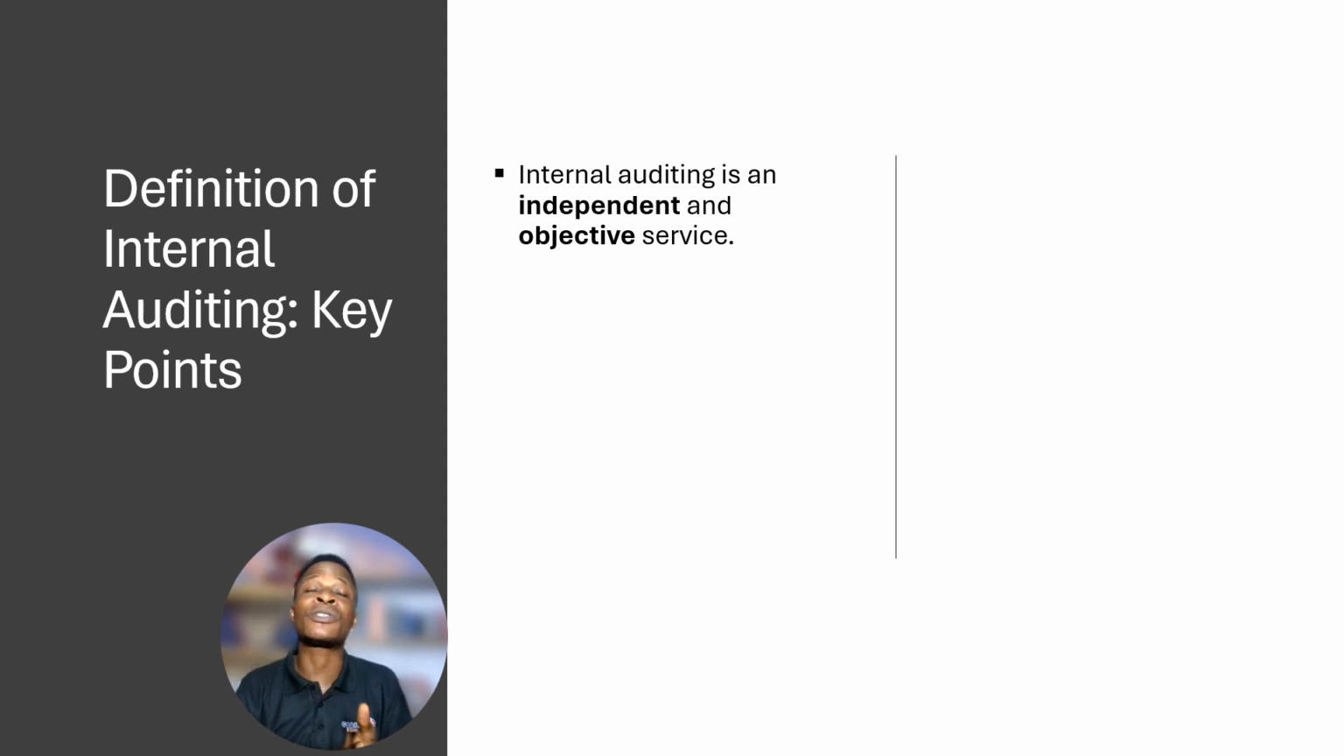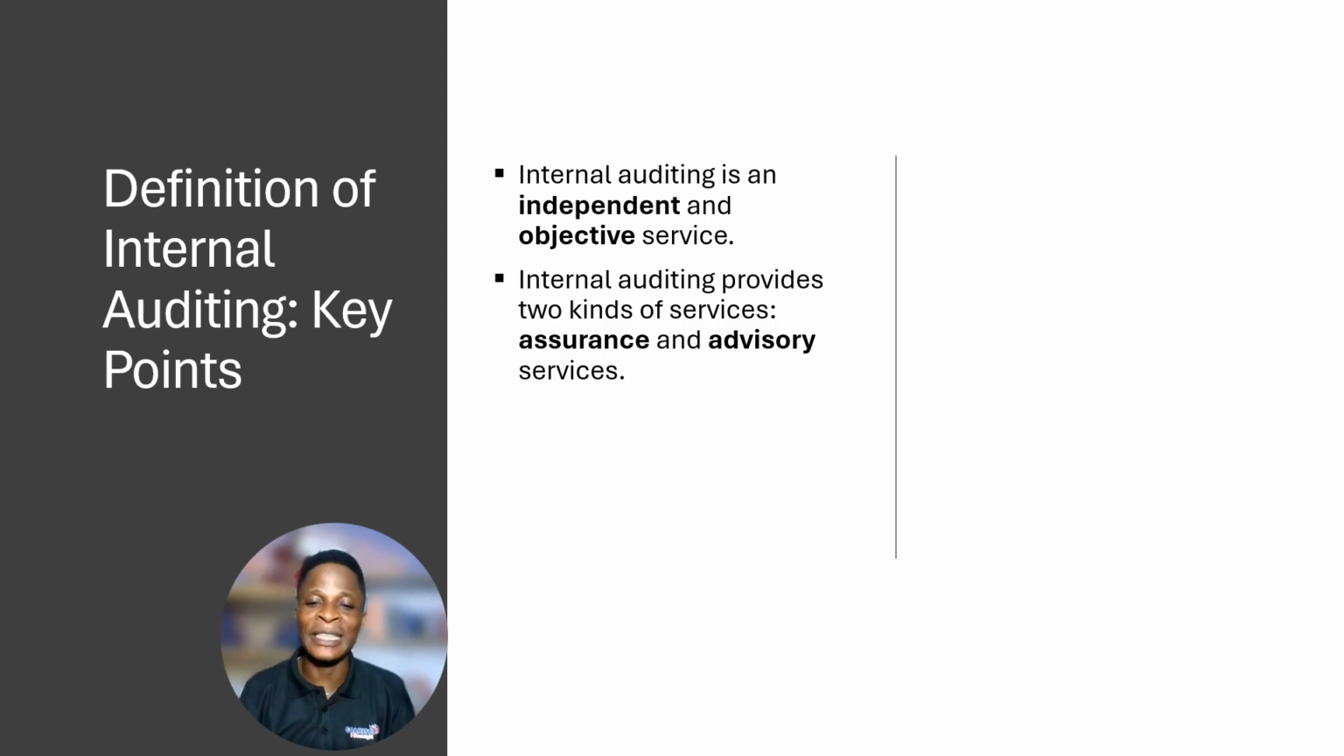Objectivity is about the internal auditor's personal ability to be unbiased. For example, the internal auditor's observations and conclusions should be based on the evidence they gathered during the audit engagement. That is about objectivity. Now, the next one is that internal auditing provides two kinds of services: assurance and advisory